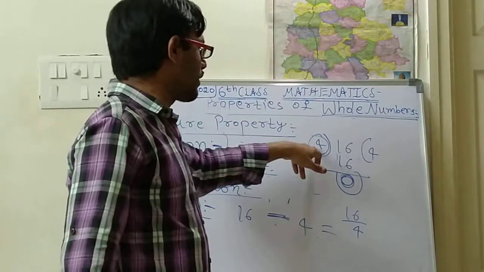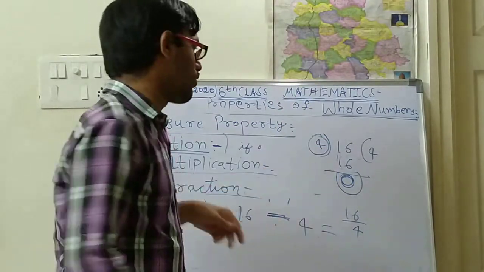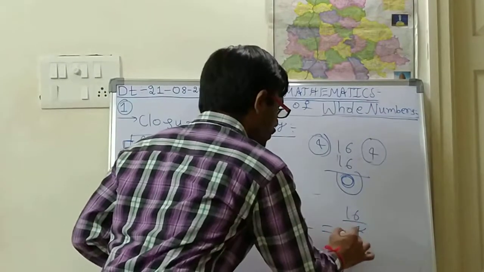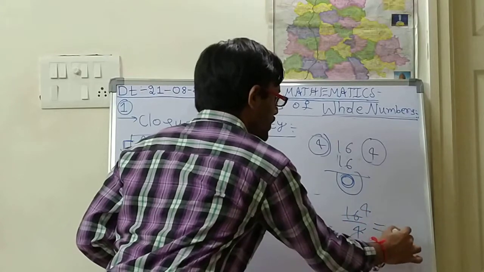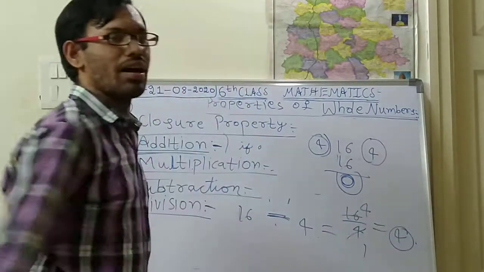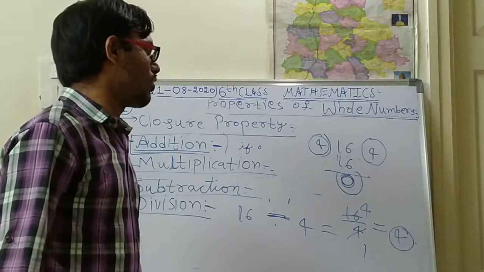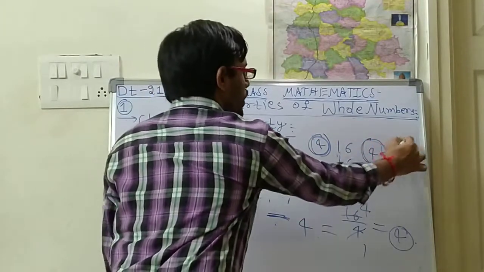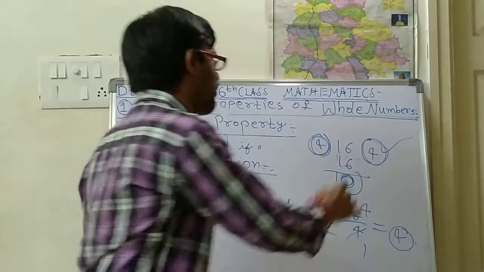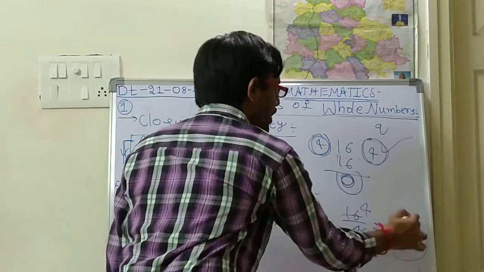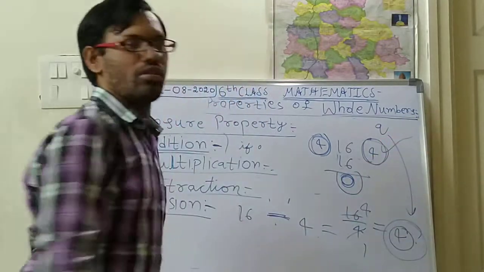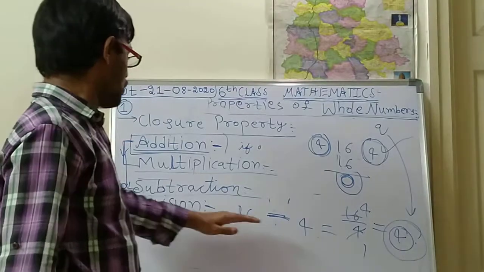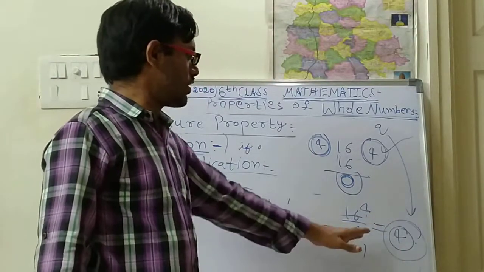That means in this table this number is compulsorily going. So what is the quotient? 4 is the quotient. That means 4 ones are 4, 4 fours are 16. So what is the answer? 4 is the answer. Which 4 should you take? You should take this 4. Whatever quotient is coming, that is the answer. I hope you are understanding. So 16 divided by 4 is 4.